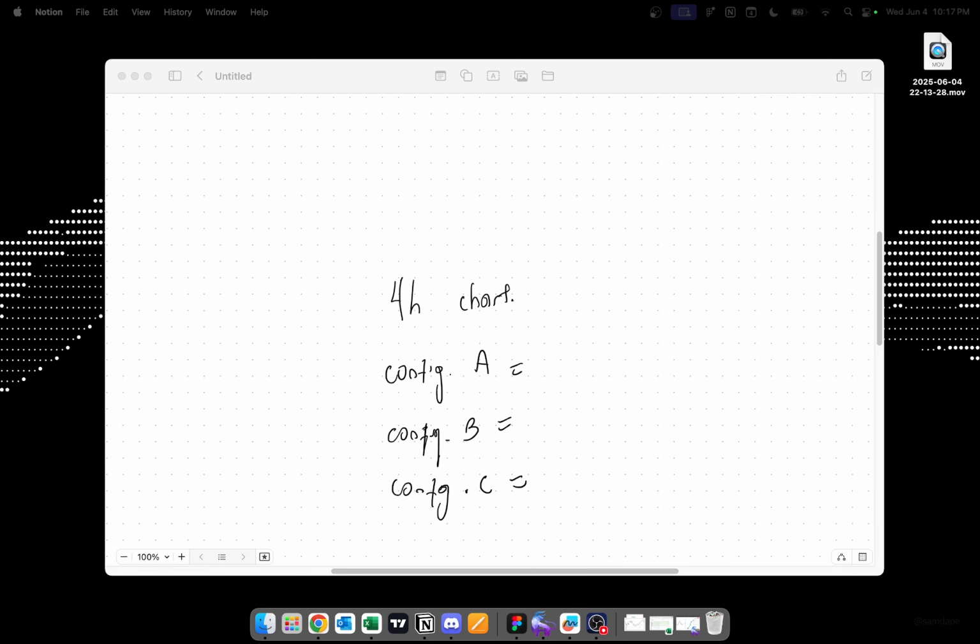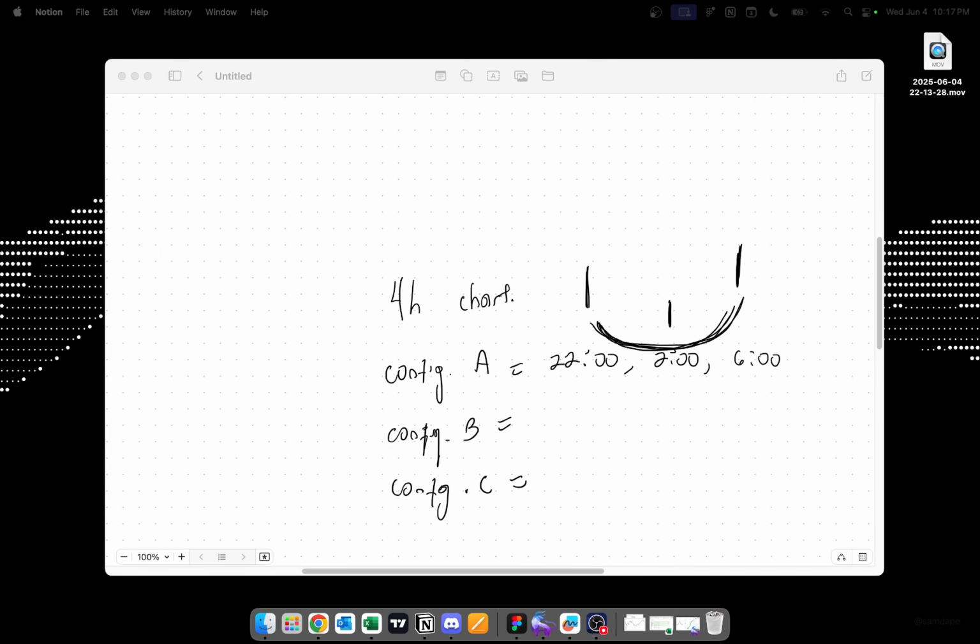So configuration A is going to be, for example, let me switch over my pen over here. It's going to be the previous day, 10 o'clock, 4-hour candle, then the 2 a.m. candle, and then the 6 a.m. candle. And so what this pretty much means is that 10 p.m. candle is going to be our first candle in the swing, that 2 o'clock is going to be our second candle in the swing, and then that 6 o'clock is going to be our distribution, which is going to be the third candle in the swing. So as you can see, kind of rounding out right there, just very ugly drawing, but you get the idea,